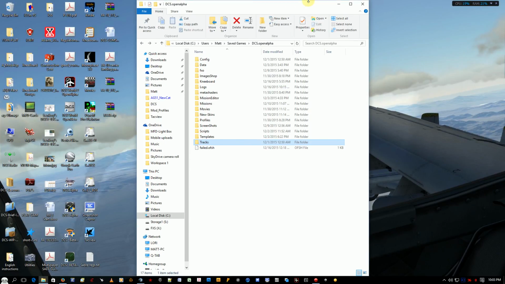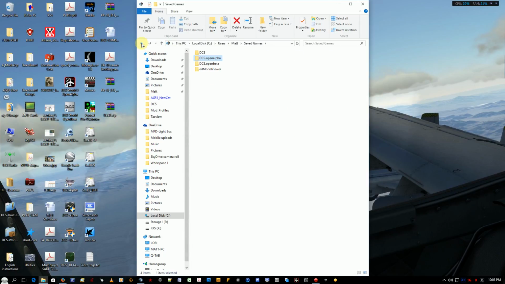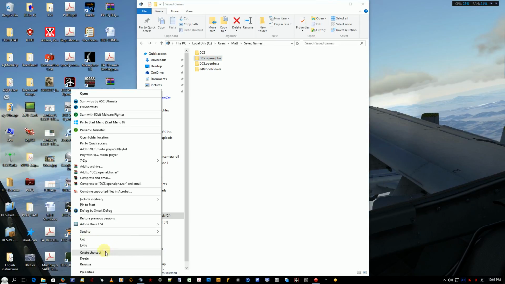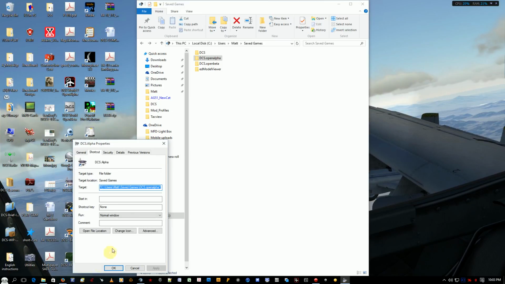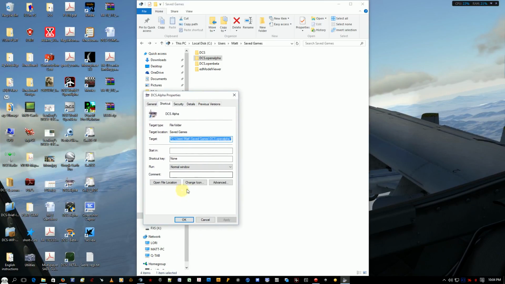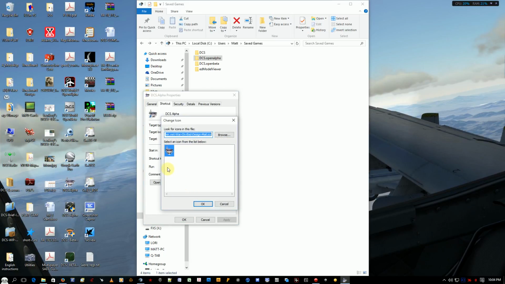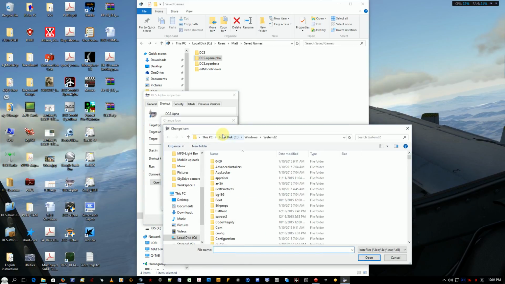So anyways, that's that. You guys got any questions about the user folder and stuff? Creating desktop shortcuts, I always change the icons on things. I don't know if you guys know how to do that. It's pretty simple. You've got generic icons that you can always use. Basically just go to your properties, and sometimes this layout will be a little bit different, but then you just go to change icon. You can browse if